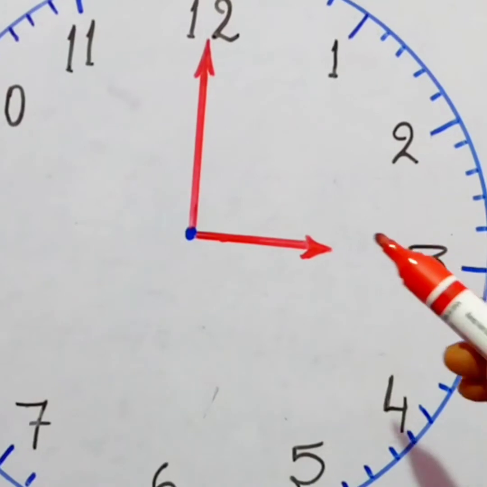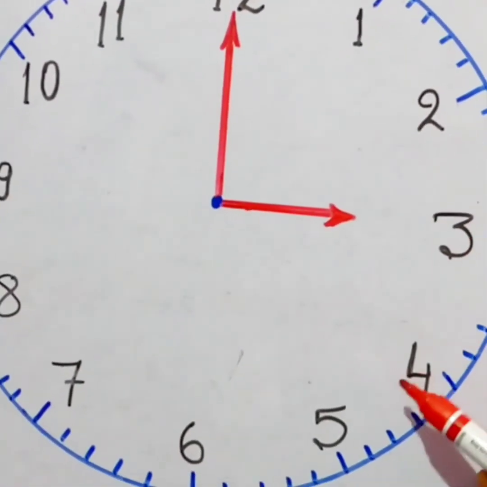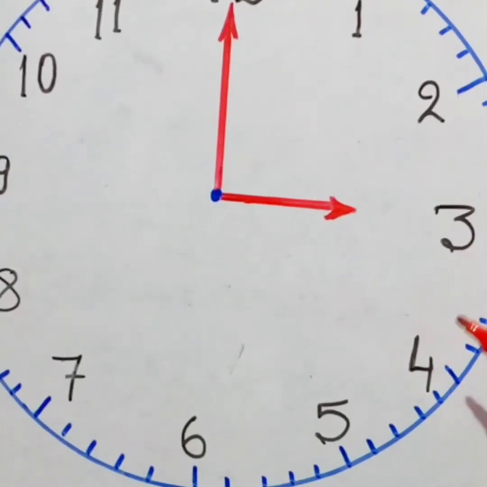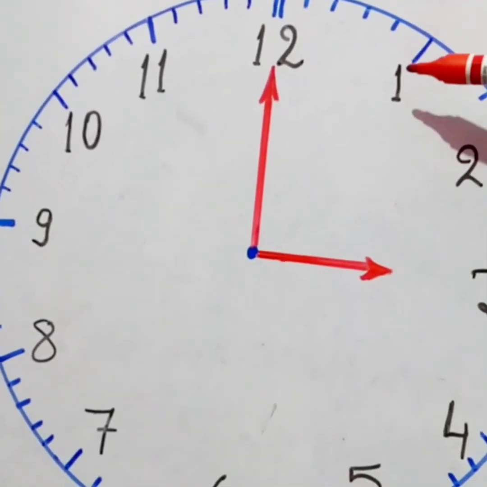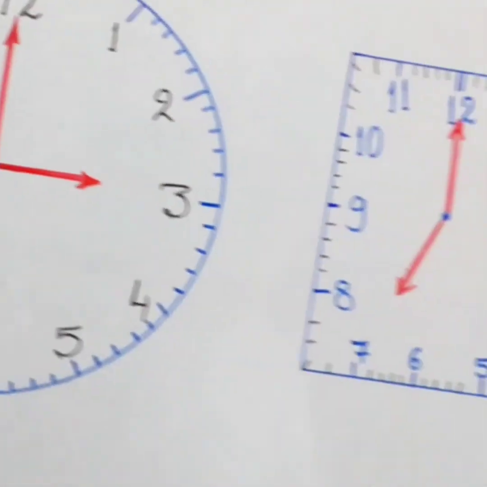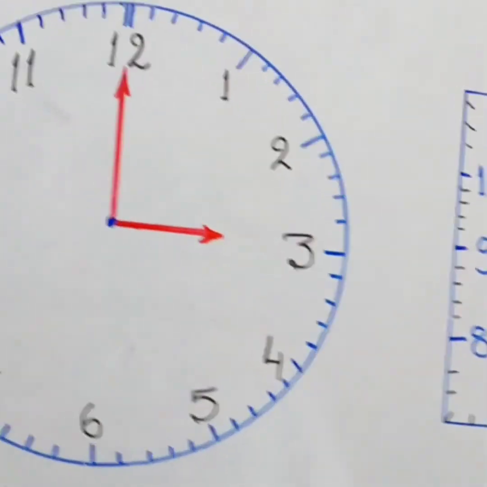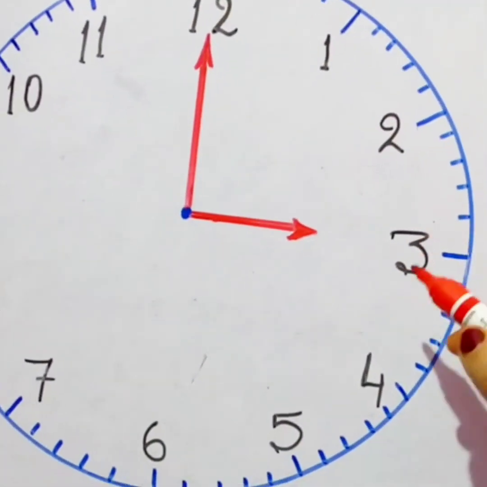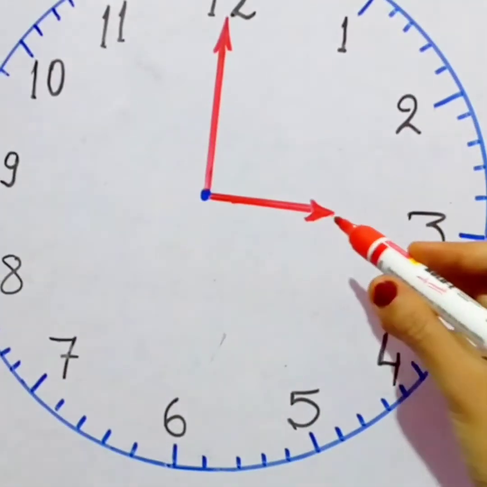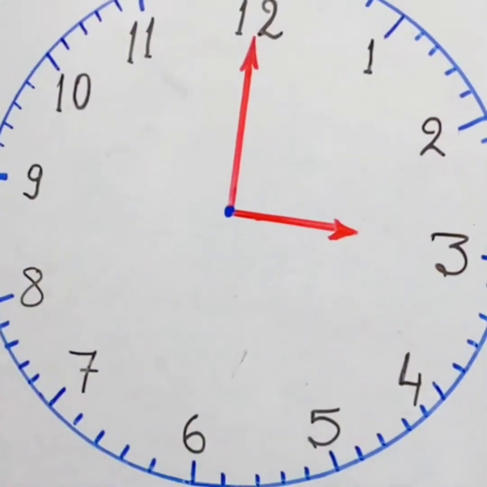And at that time, this hour hand moves only from this unit to this big, large unit. This is the large unit from 1, 2, 3, and this shows the hour. The hour hand takes 60 minutes to move from one number to the next number. If this hand moves from 3 to 4, it takes 60 minutes.